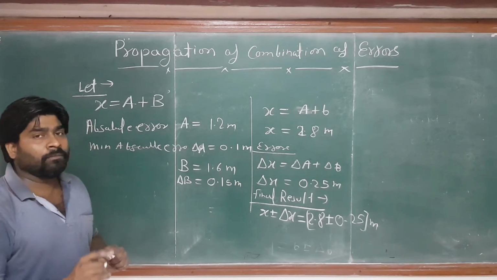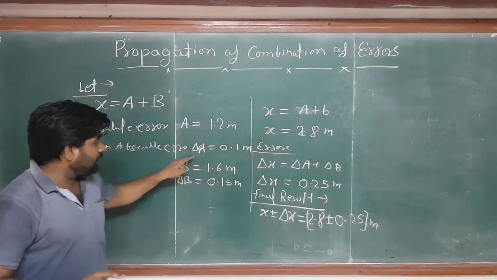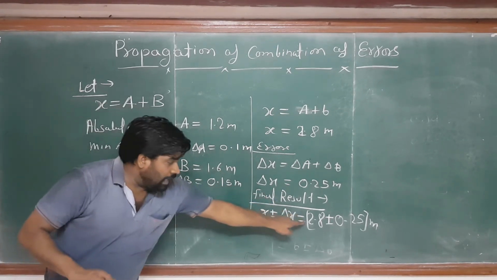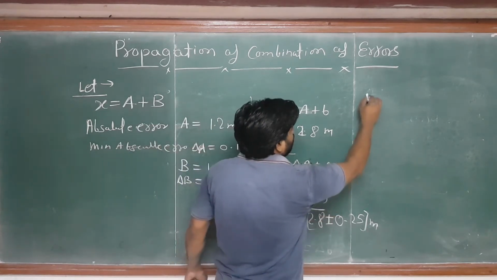So this is a simple method, nothing else. You have to see the a and b. What is it? It's called the x. What is the del a and del b? It's called the del x. Add this, or subtract, you will get the result. Finally, the next is percentage error.